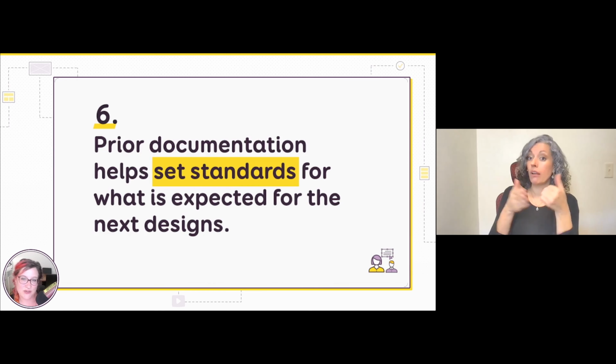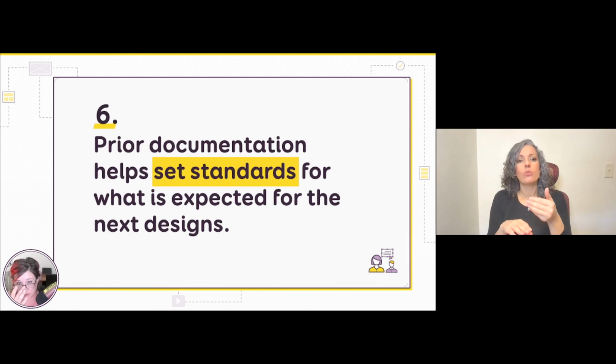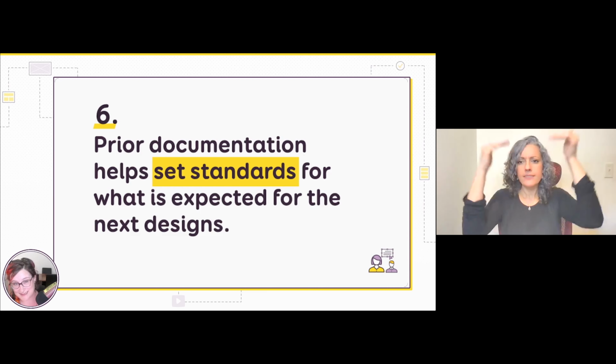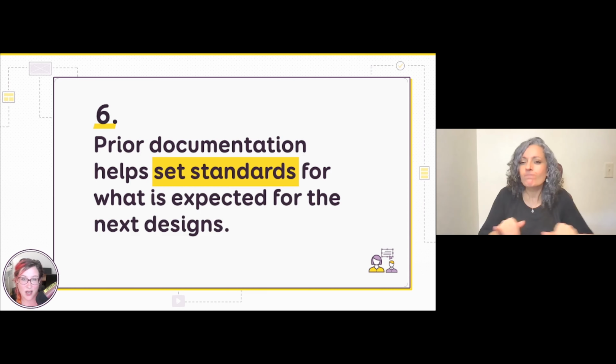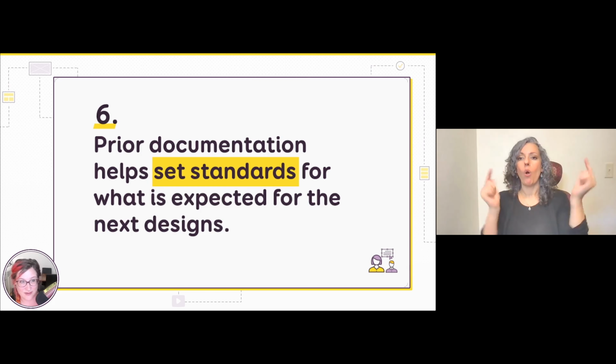Prior documentation also helps set standards as to what is expected for the next design. So this is, again, this idea of bringing consistency, but not just towards the components, but also when the team is growing, to make sure that everyone is on the same page and that a new designer who comes to the team does not forget about accessibility.